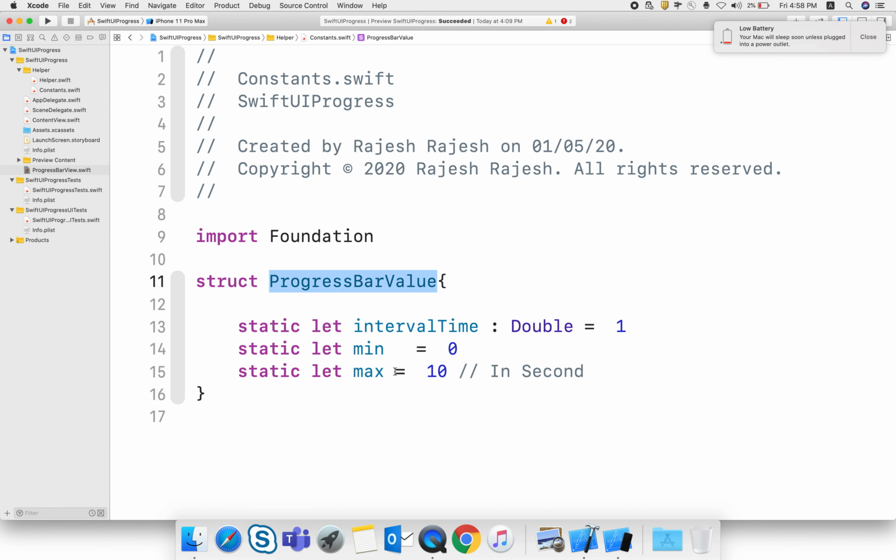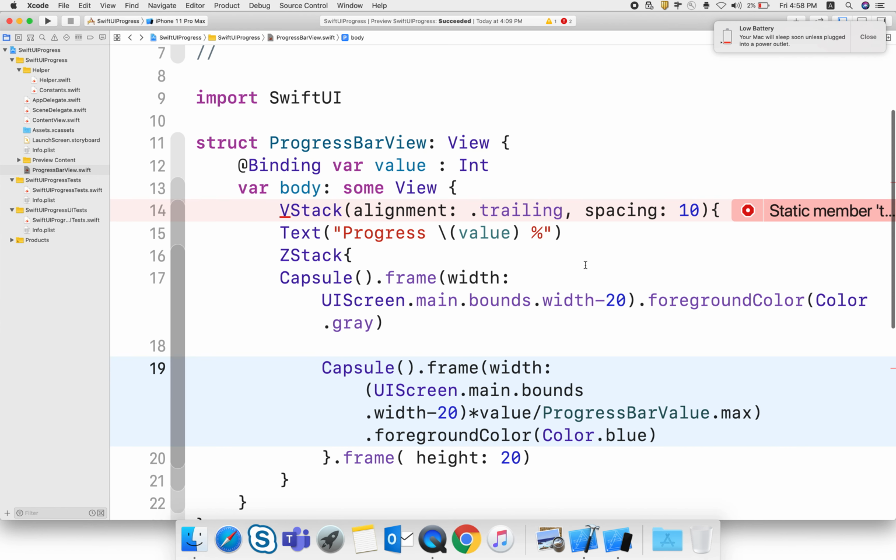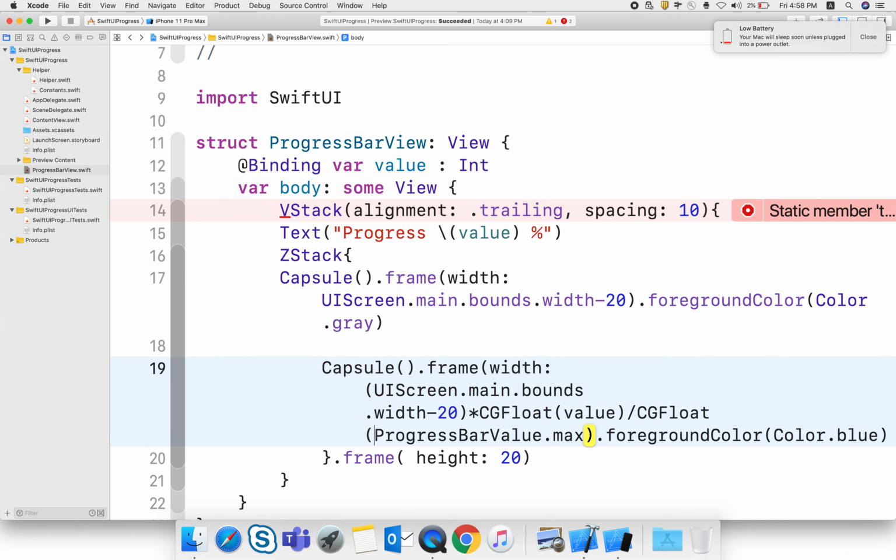Here you can check the value, 10 seconds I have set. I am retrieving that value here, because the width uses CGFloat but the value is an integer, so I need to typecast that value into CGFloat, otherwise it gives an error.